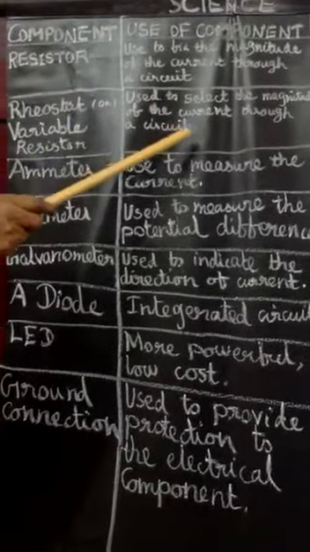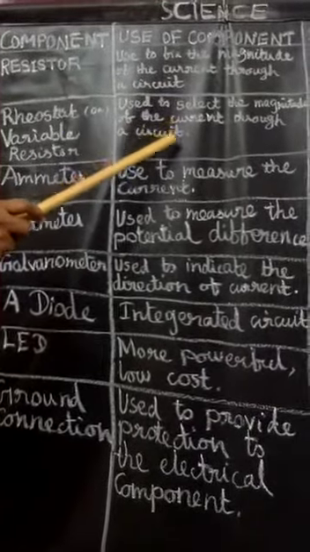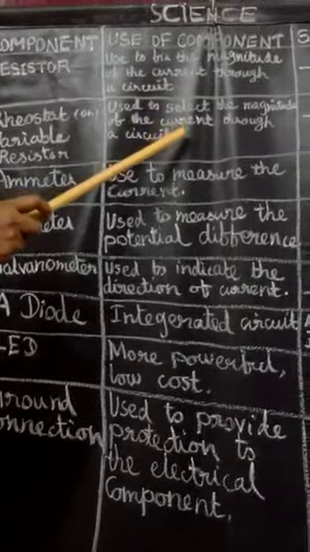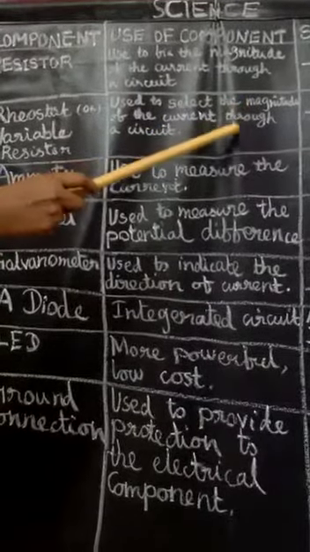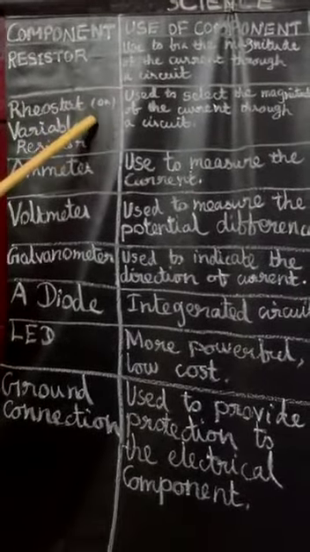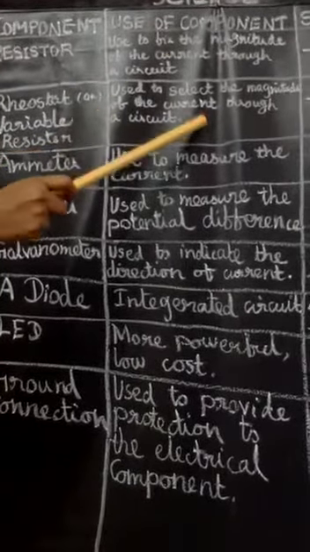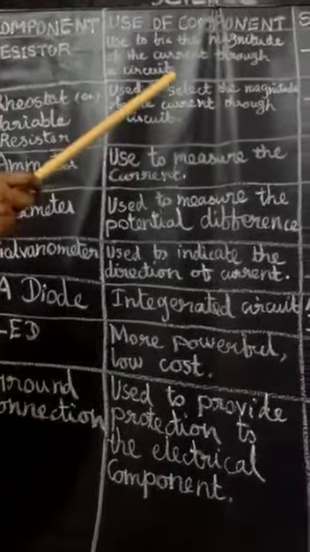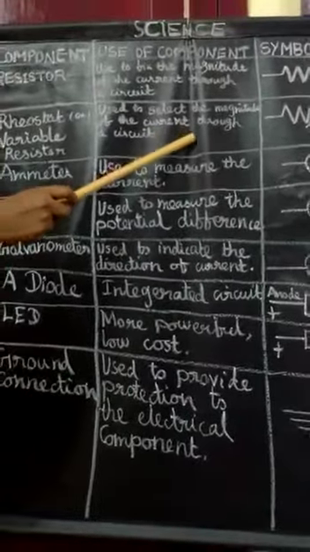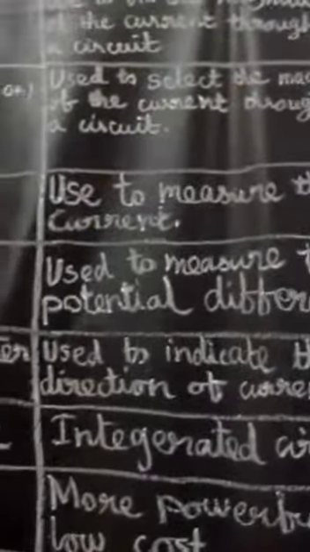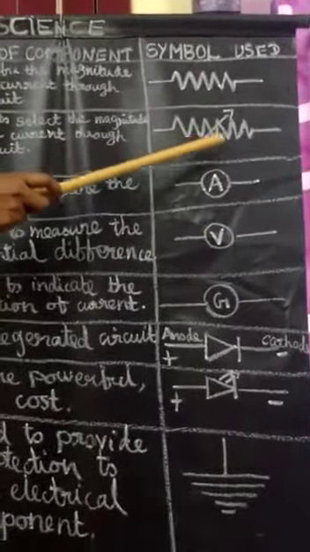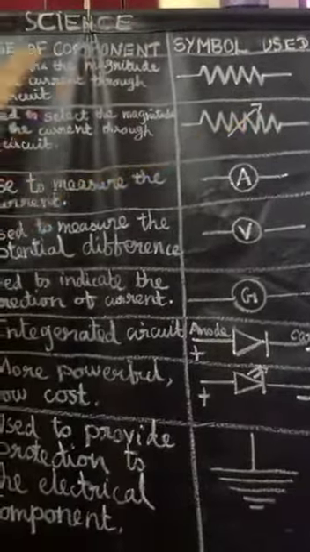What is the unit of resistor? Ohm. Okay, 1 ohm, 2 ohm. Ohm is the unit of resistance. Suppose 2 ampere of current passes through the circuit. The rheostat helps to change the value: 1 ohm, 2 ohm, 3 ohm and 4 ohm. You can change how much current passes through a particular circuit. That is when you use a rheostat. This is the symbol of the rheostat. The arrow mark denotes the variable value.